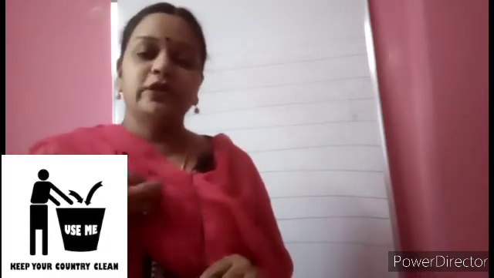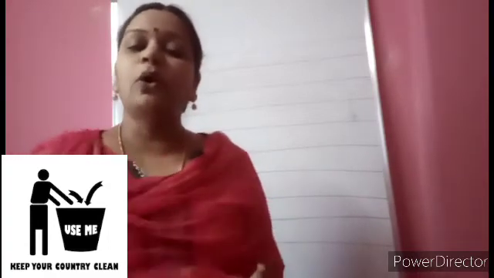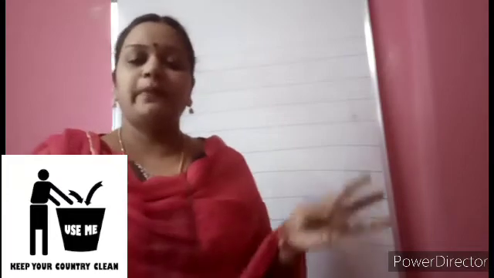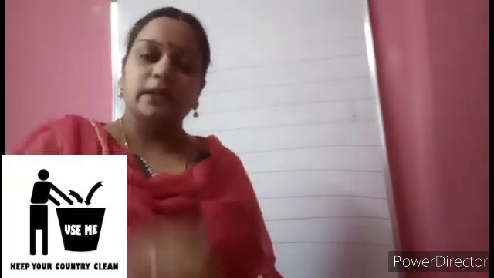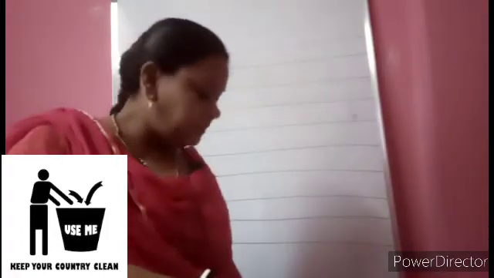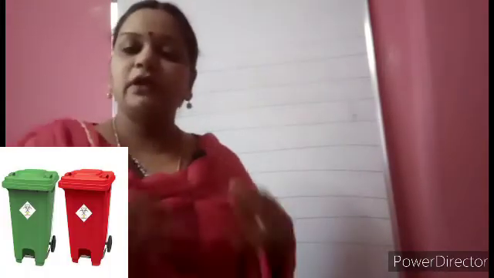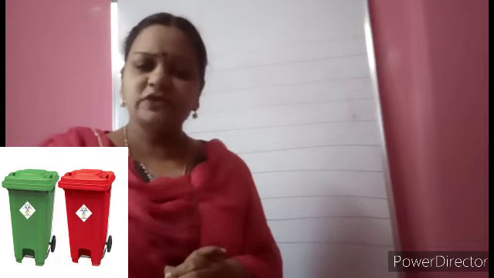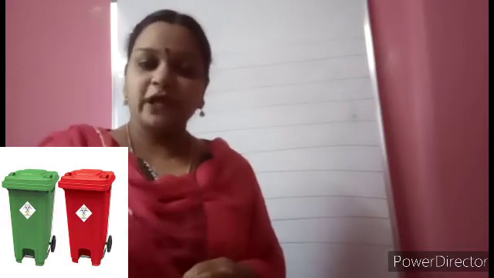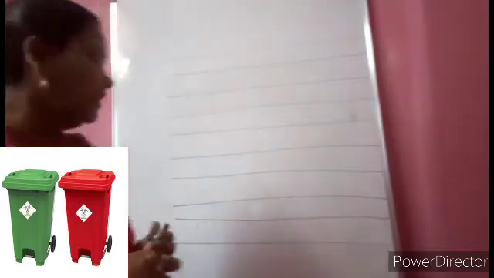Now the question for you is, can we put all this together in one dustbin? Can we keep it all in one dustbin only, children? Newspaper, the plastic cover, the honey bottle which I showed, the glass bottle, plastic bottle, the vegetable peel, fruit peel. Can we put like that? Have you seen how they are putting at home? No, they'll be using two different types of bins. So today's learning is